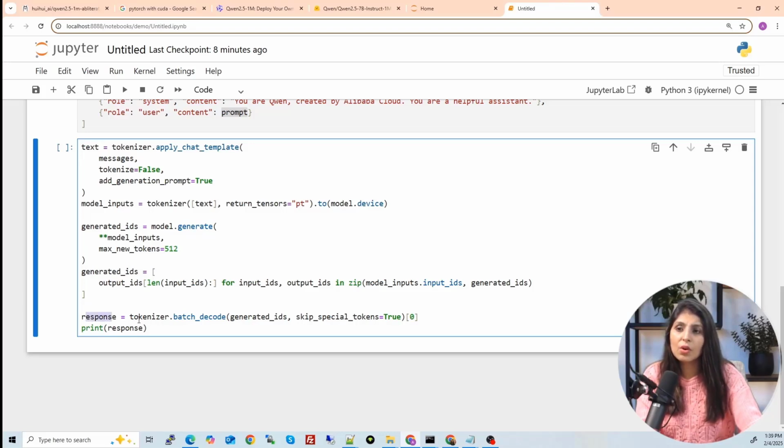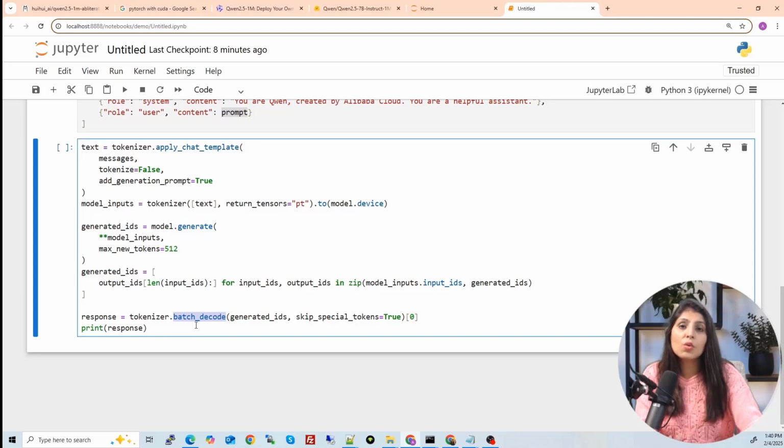Then in response, once the model generates the output, that generated output will be in the form of numbers only, right? But we want to read it as a string, in the English language. So for that we are using batch decode on the generated IDs, the output which the model generated. On that we use tokenizer.batch_decode.